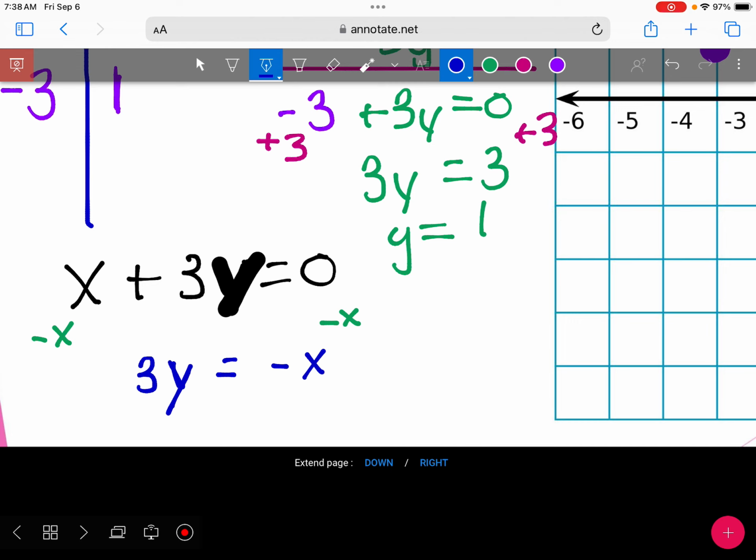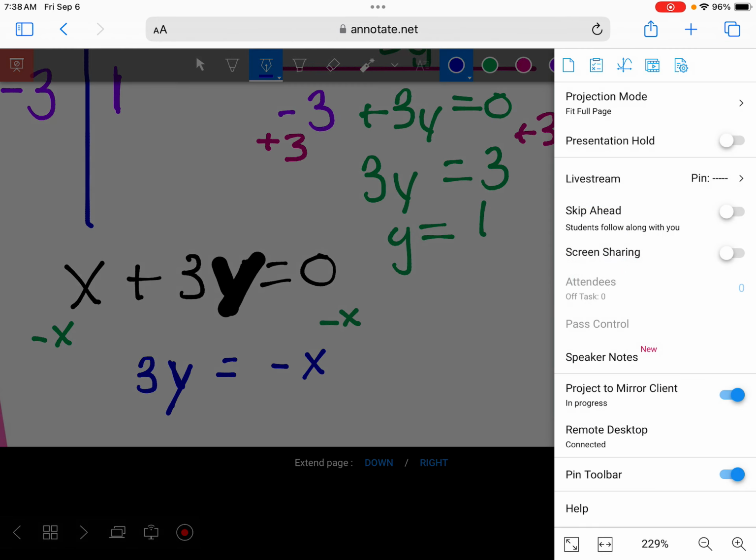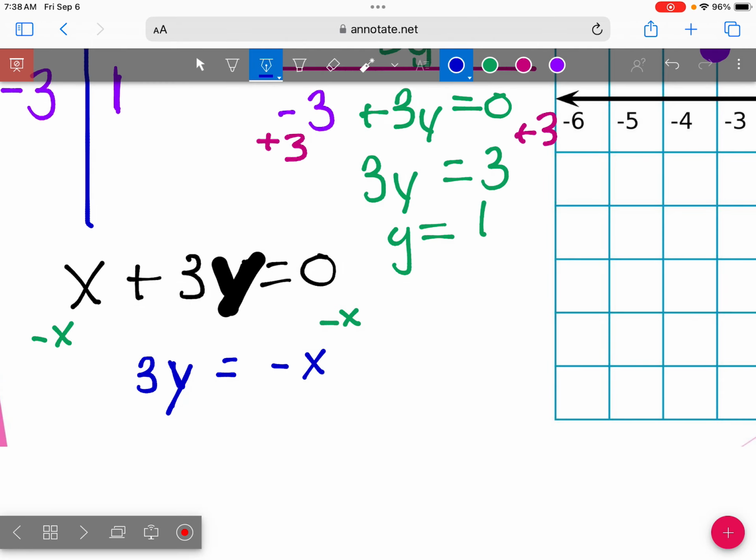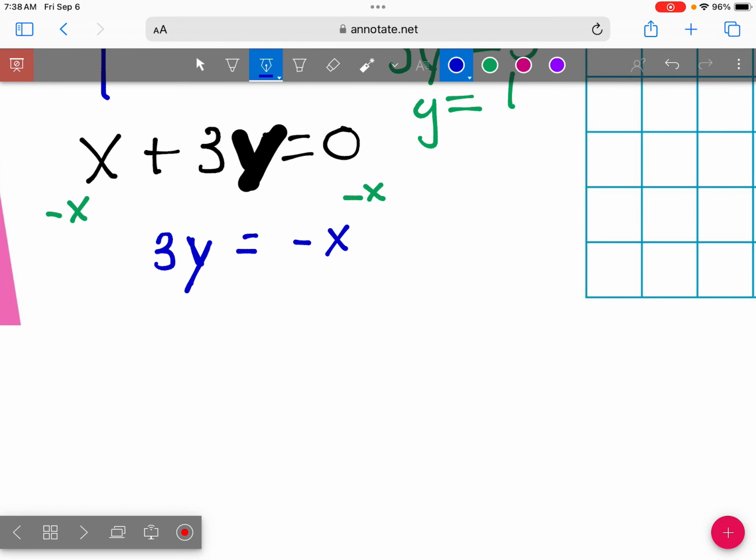So the opposite of x. What do I do to get y by itself? Divide by 3. I'm going to change the view real quick, just to give myself a little more space. So if I divide both sides by 3, we're going to have our y equals